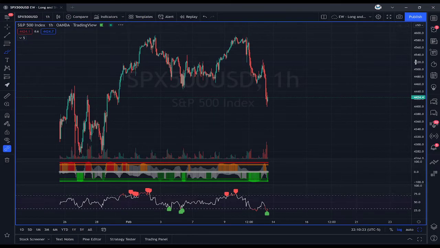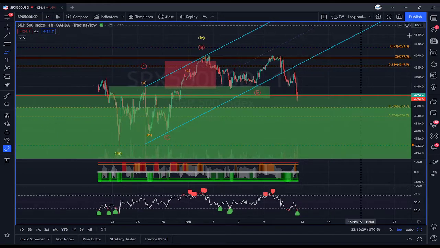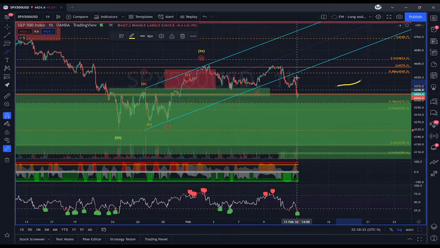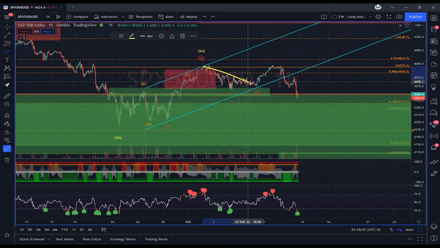Here's the S&P, and we'll see if my drawings pull up. There we go. So the S&P 500 was doing pretty much the exact same thing, where we had our first wave here, second wave here, third wave here, and then we saw this happen for a fourth wave pullback. We actually saw a nice reaction off of it, and then we died.